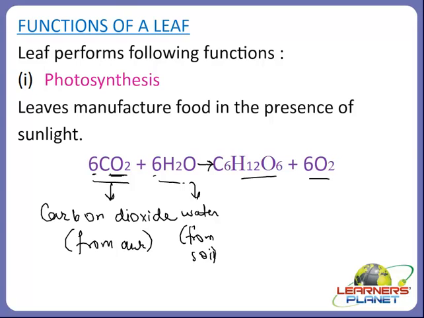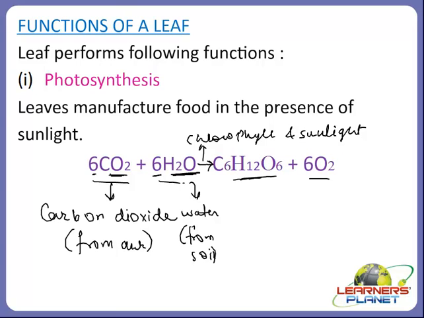So there are 6 molecules of water. H2O is water. It is the chemical formula of water. And here you can see that with the help of sunlight, carbon dioxide and water, or we can write it down as chlorophyll, with the help of sunlight and chlorophyll, carbon dioxide and water, we get